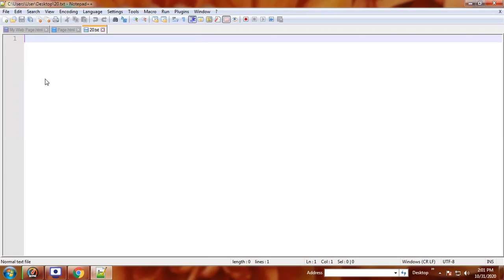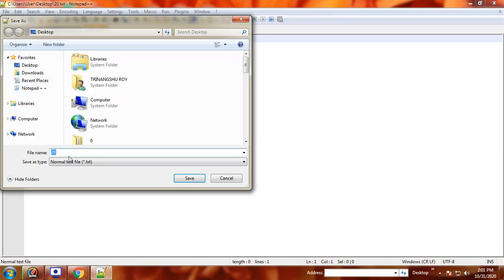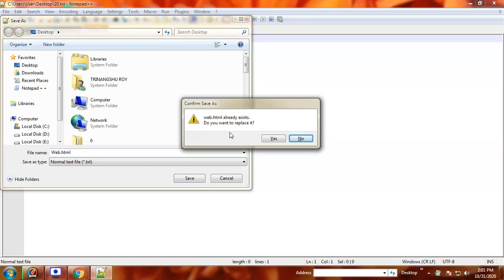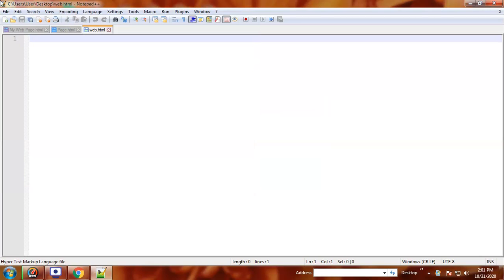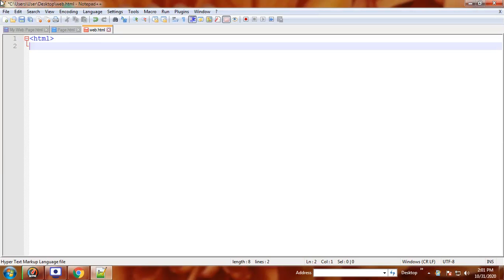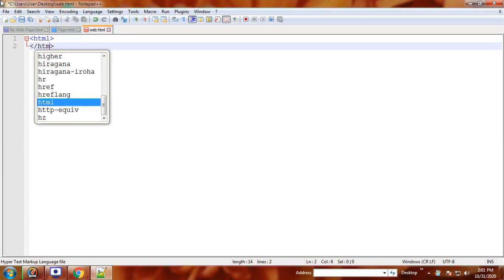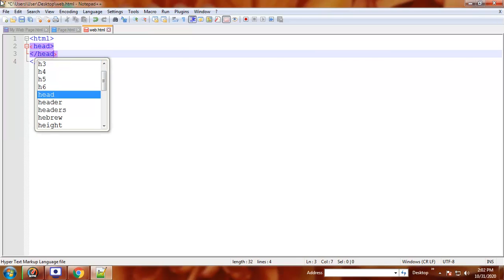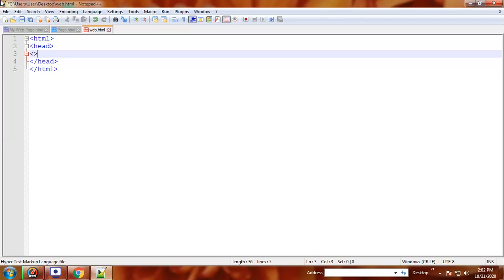File, Save As. You can rename it web.html. Now write the opening tag for HTML, enter, end of HTML, then head, enter, end of head, and give a title.